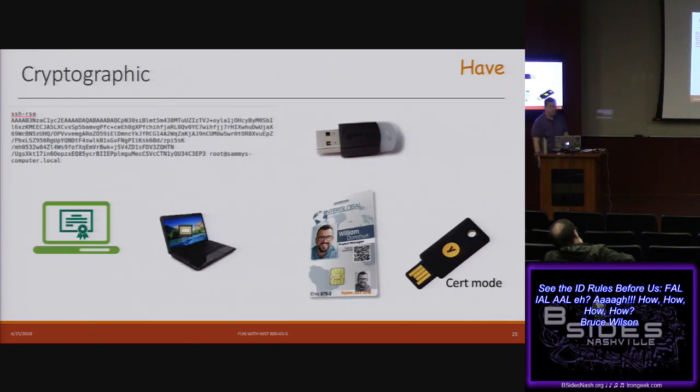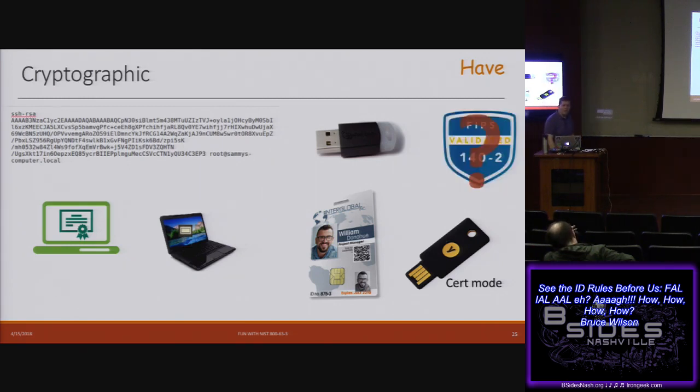Again, the YubiKey in certificate mode, that smart card that has the certificate in it, typically with a PIN being necessary to unlock it. The other happens to be a SafeNet e-token. Same kind of thing. It's a hardware-based device that has a certificate on it. And the key question for this, as far as some of the NIST documents are concerned, is whether or not that hardware device has been validated, is certified with FIPS 140-2. Have they gone through this fairly rigorous process, which is kind of expensive?